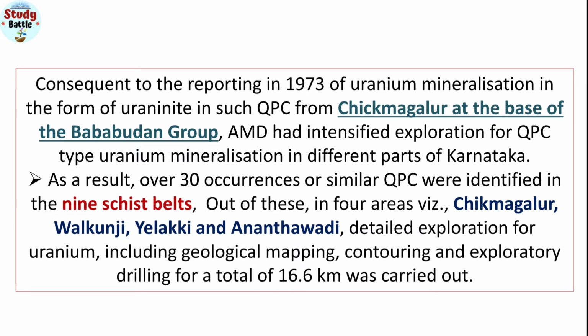And other QPC types of uranium mineralization have also been investigated in some parts of Karnataka. Consequently, more than 30 occurrences of similar QPCs have been identified in the state, but only 9 schist belts are important, and out of these the 4 areas which are very prominent are Chikmagalur, Valkunji, Yelaki and Anantawadi. So these are the districts in